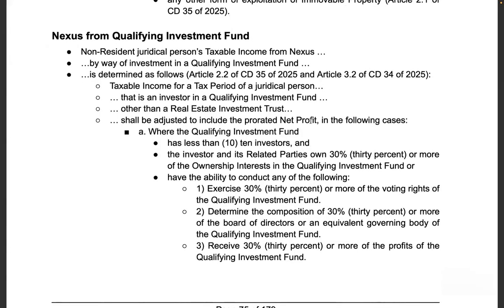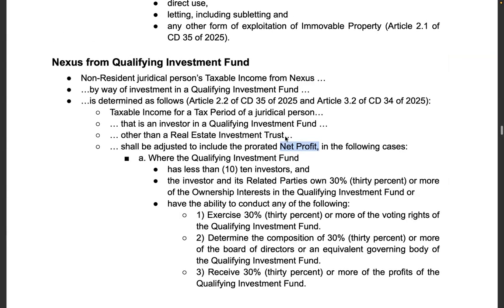Shall be adjusted to include the net profit, basically. Don't be confused by the word prorated. It's simple: to include the prorated net profit in the following cases. Basically, what we are saying is that the qualifying investment fund will have a profit and loss account, income statement, whatever it is, right? And whatever the bottom line profit, there will be a percentage of that profit that will go to that investor, right? Because the investor has an ownership interest in that qualifying investment fund, right? Let's say 30%, as we saw here, right? So 30% of the profit that investor is going to include in their